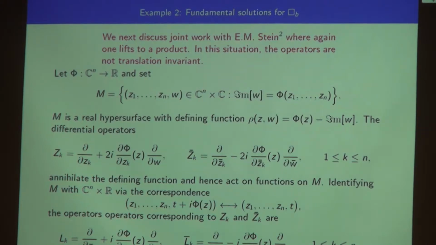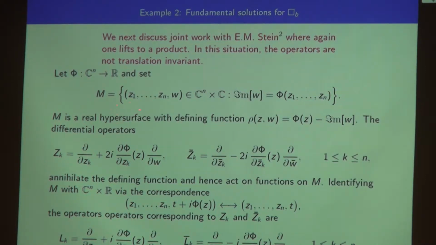The only difference here is I want to say that the operators are not going to be translation invariant, so it's a little bit different. So what's the situation here? We have domains in Cn plus 1 of this form. I've written my variables z1 through zn and w, and I require that the,